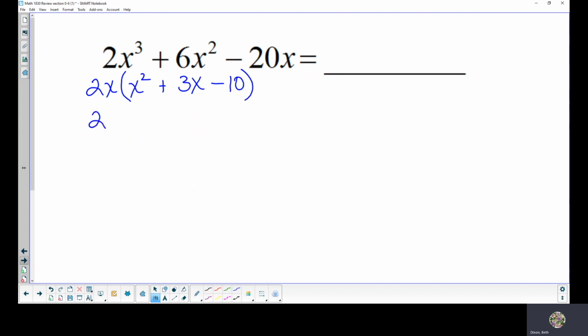So I'm going to bring down the 2x, draw the 2 parentheses for the x squared plus 3x minus 10. Notice my last term this time is a -10. This is the first time we have a negative. Now, what are the rules if the last term is negative? Notice our rule was if the last term was positive. So if my last term